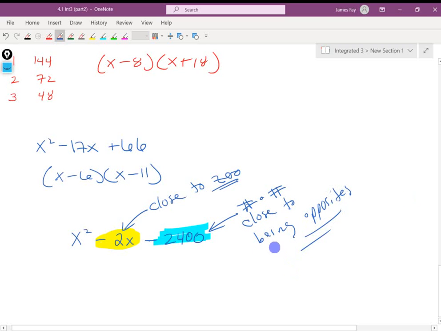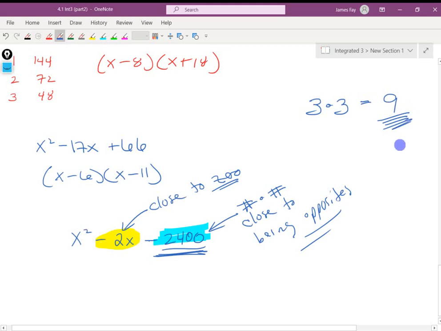Does that make sense? To be the exact opposite, if I take two numbers and multiply them together to give me 2400, and those two numbers are the same number, does anybody know what 2400 would be called? Think about this. Let's say that I take 3 times 3, and I get